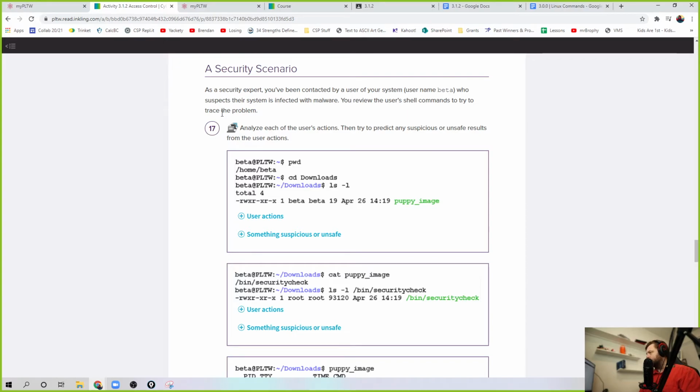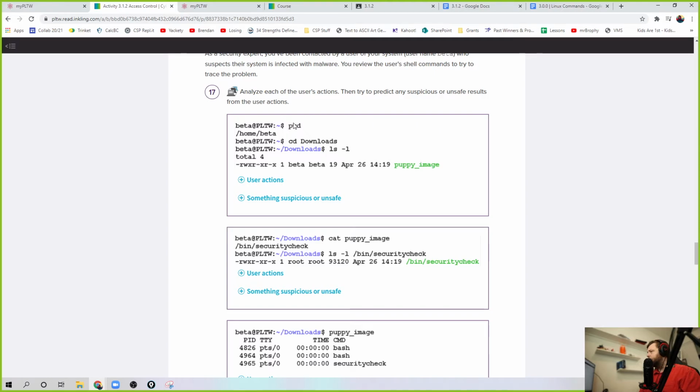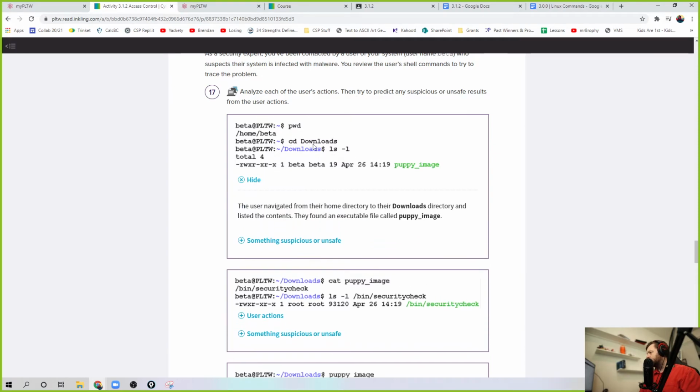As a security expert, you've been contacted by a user of your system, username Beta, who suspects the system is infected with malware. You review the user's shell commands to try to trace the problem. Analyze each of the user's actions and try to predict any suspicious or unsafe events. Okay, so here's some scenarios. They ran print working directory, navigated to their home directory and downloads, listed the contents, and found an executable